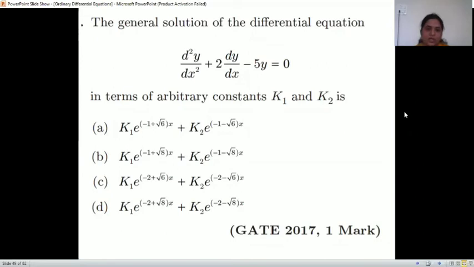And this is a quadratic equation. We know how to write the roots for a quadratic equation. And let me tell you the formula also: minus b plus minus square root of b square minus 4ac upon 2a. And solve and tell me the answer.